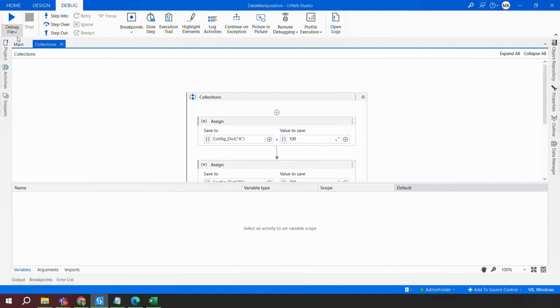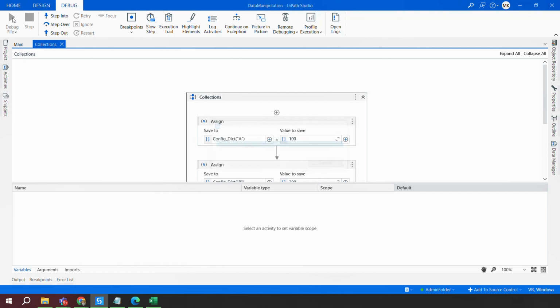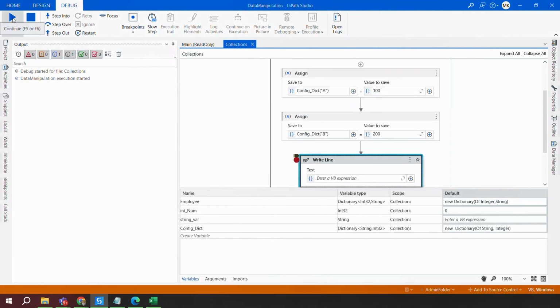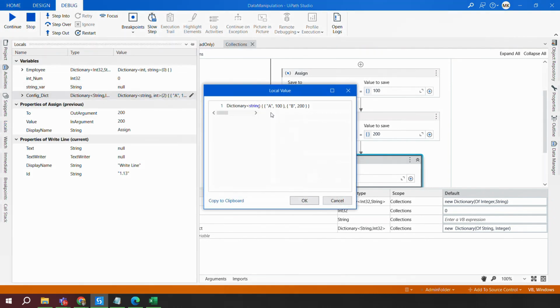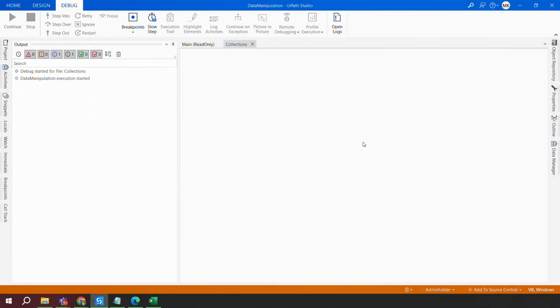Save this, debug the file, rerun the automation. Same automation, but only we initialized it, right? Now what would happen? The object would be initialized. It will add the values 100 and 200, and you can see here in the locals that I have A 100, B 200 added, right? Now